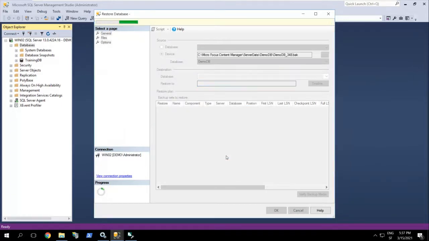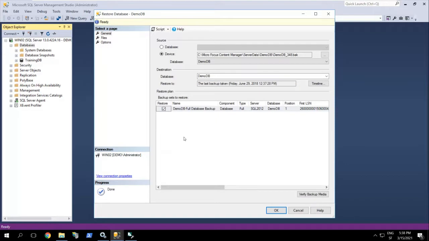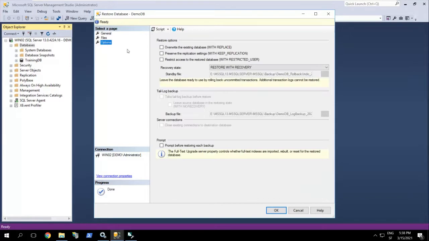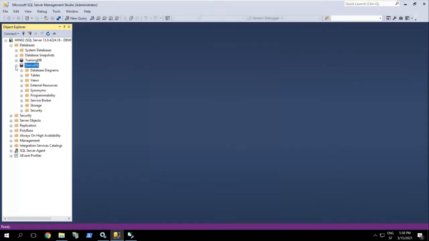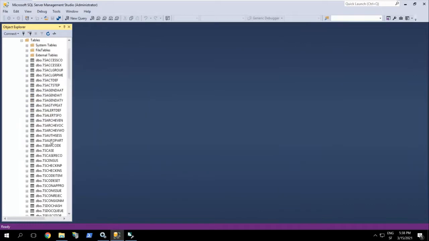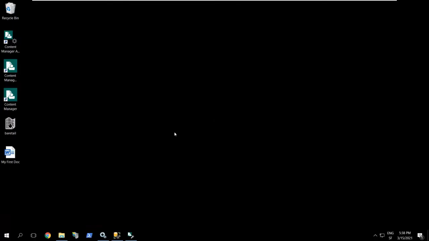Okay, and this will populate the restore job automatically for me with all the parameters that we need. Put it in the right default folder for databases, and I just need to click OK, and my database is restored. So we can cross-check here that we have all the tables that we're used to see in a Content Manager database. All right, so this first step is done. We have restored a